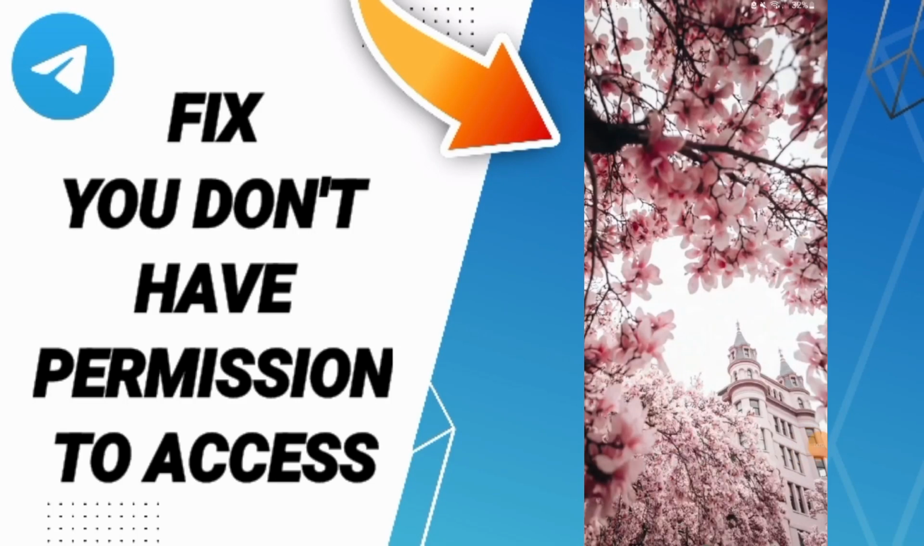Hi everybody, today we will talk about how to fix or how to solve "you don't have permission to access." To know how to fix or how to solve "you don't have permission to access,"